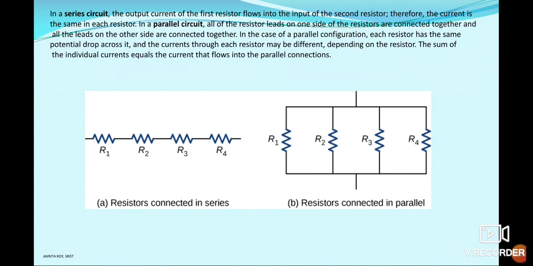So, if I is the main branch current, it will divide into 4 parts as I1, I2, I3 and I4. If R1 is not equal to R2, not equal to R3, not equal to R4, then for non-identical resistors, the value of current flowing through different branches will be different. But the potential difference across each resistor will be the same. So in case of a parallel circuit, the potential difference across each resistor remains constant, and for a series circuit, the value of current flowing through the circuit remains the same.